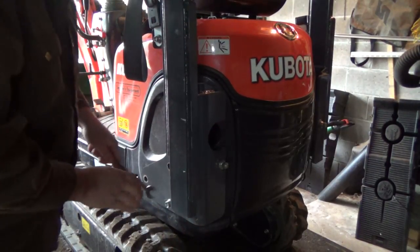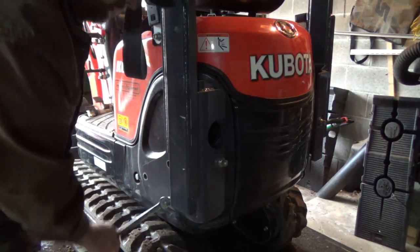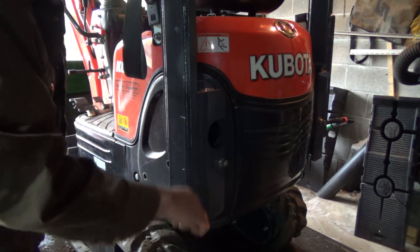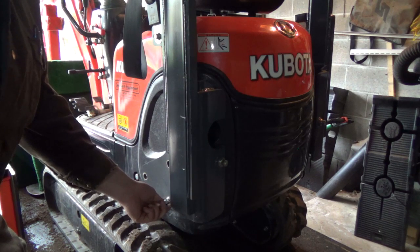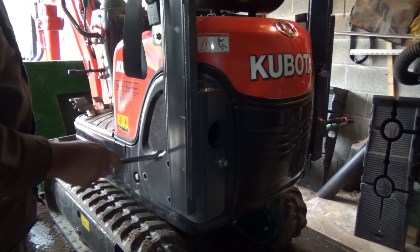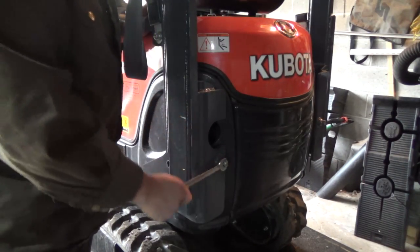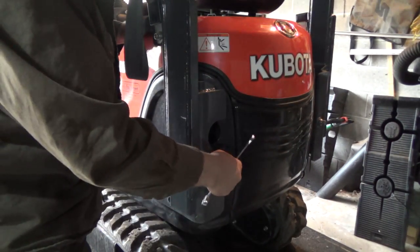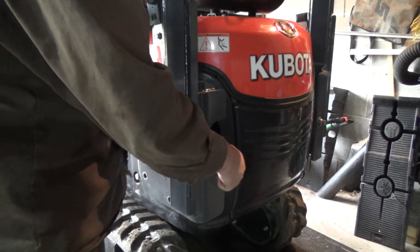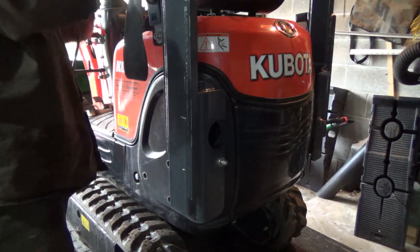Now I got a question. If they didn't want you to take this off, why would they make it boltable? Shouldn't this have been welded to the frame if they wanted it to be permanent? For some reason, instead of welding it or making it cast, they drill the cast and tap it, make it boltable. So I just don't understand, if they don't want you to take it off, why do they just bolt it on? That's my thought. So once I get this thing lassoed on here, I don't know how I'm going to get it off again, but